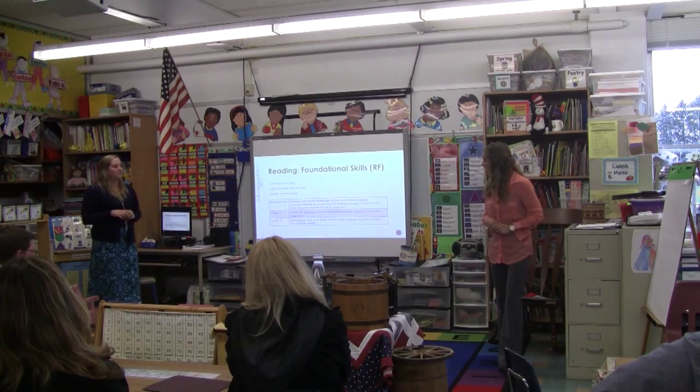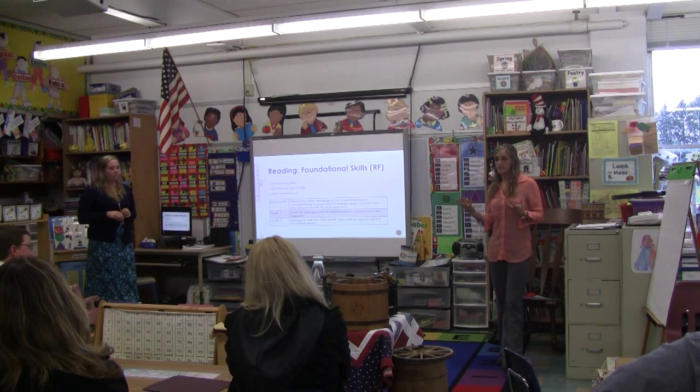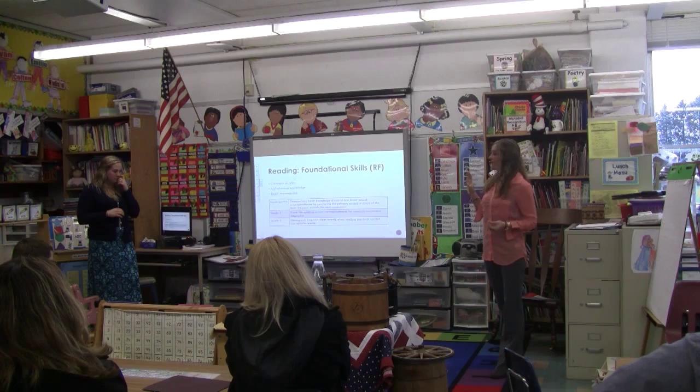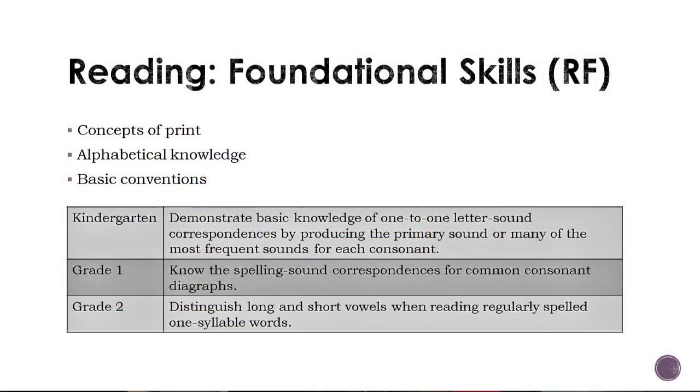And then this standard focuses, the skill strand that we as Greece use for our students focuses on this standard mostly. It talks about just the concepts of print. So at the beginning of most of our lessons for kindergarten, we go over it. This is the cover page of a book. This is the table of contents. This is how you use the table of contents. Turn to page 25, so they know how to find that page number